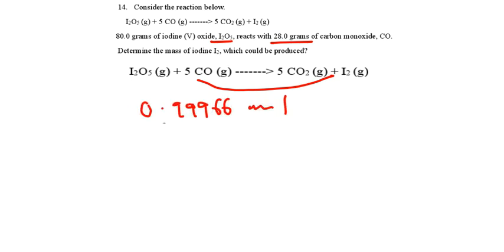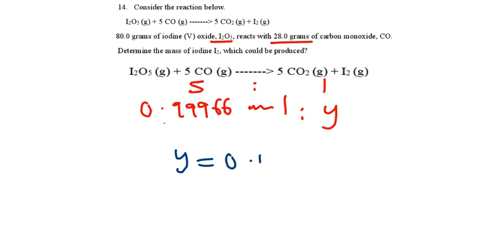They're in the ratio of 5 to 1. So we have to find the number of moles of iodide. So 5 to 1, we can put y there to find the number of moles of our iodide. If you cross and multiply, y is going to be 1 times that divided by 5. So 0.99966 divided by 5. The number of moles we have is 0.199932 moles